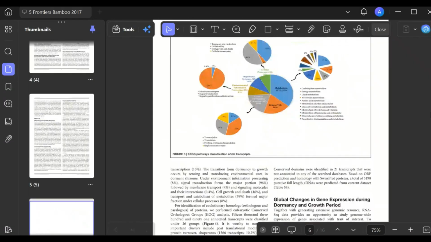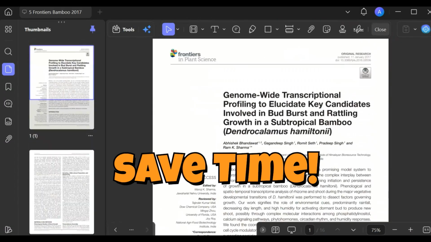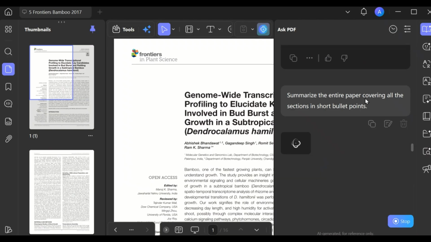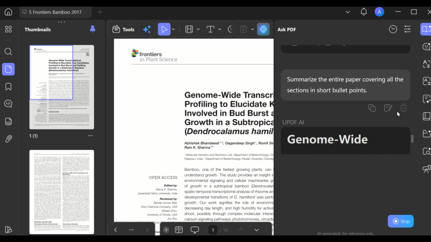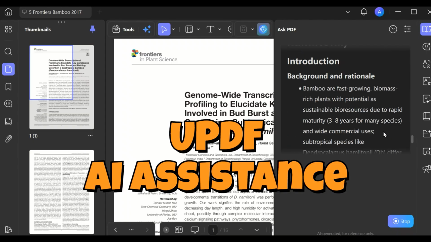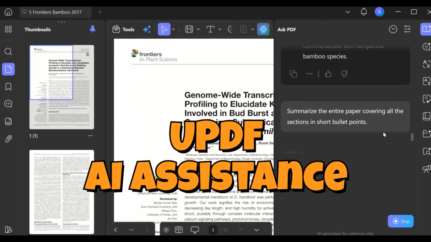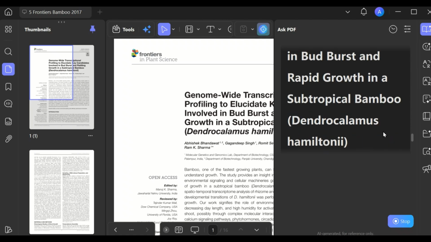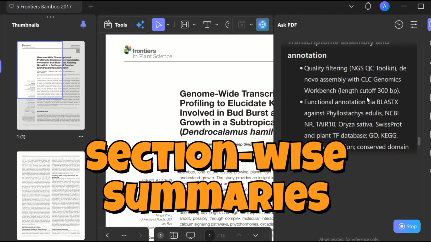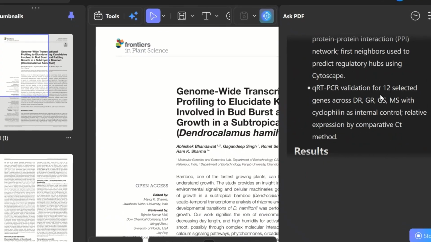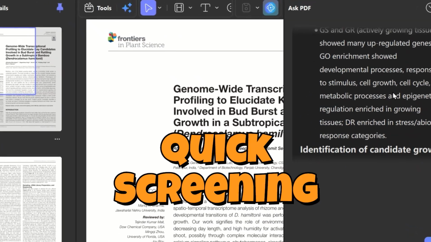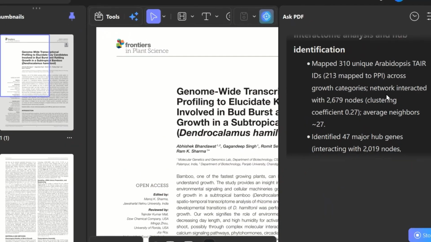Consider this research paper that I have downloaded. Before spending a lot of time reading it from beginning to end, I first want to know whether this paper is actually relevant to my work. So instead of scanning every section manually, I simply use UPDF's AI to summarize the paper. Within a few seconds, it provides an overview covering the objectives, methodology, major findings, and conclusions from the study. This gives me a quick understanding of what the paper is about and helps me decide whether it deserves a